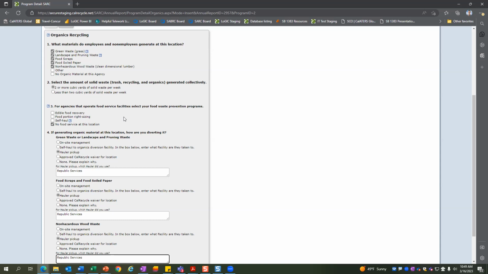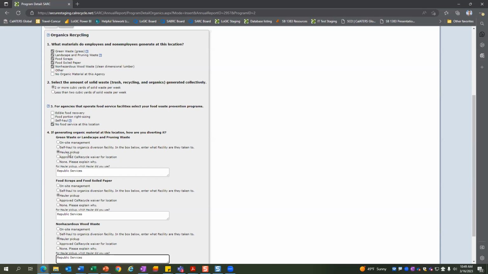Okay, and then we have one more question. What if we do a combination of self-hauling and hauler pickup? Interesting. I'd be curious to hear what your example is of the combination. This one is an anonymous participant, so I'm not sure who asked the question. Got you.